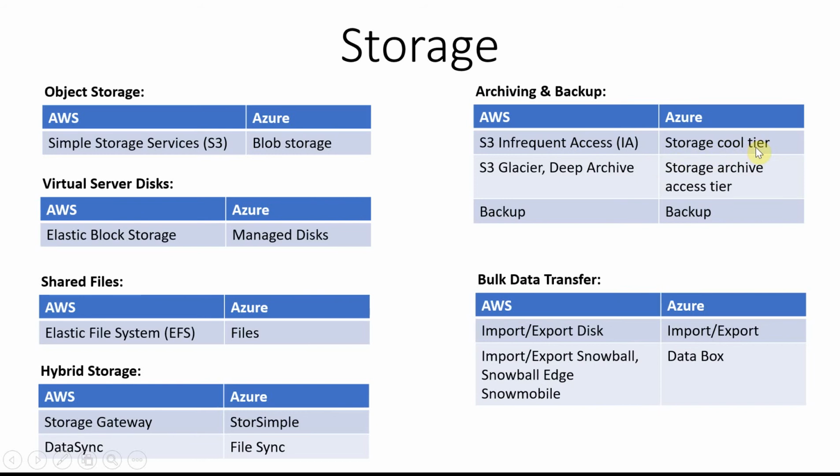So, storage cool tier. In Azure, I will show you in the screens, when you create a storage, it will ask you to select either a hot tier or a cool tier. When you say hot tier, you're talking about on-demand storages. Cool tier is like you don't need them often, but if you want, you'll get it. But it will take some time to get or download the data from these storage units.